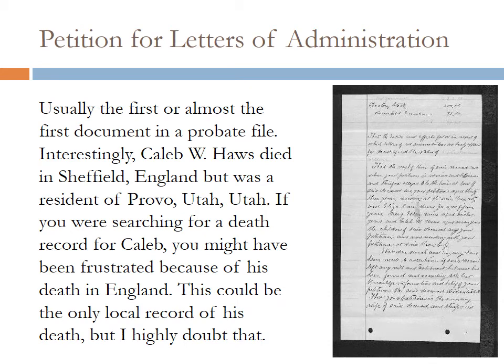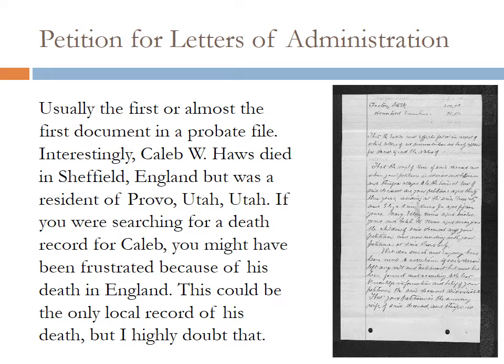The first document filed in an intestate succession without a will is a petition for letters of administration. This is a very common way to start a probate file. If there were a will, there would be a petition for the allowance of the probate of the will, or a petition for probate of a will. This is almost the first document after the